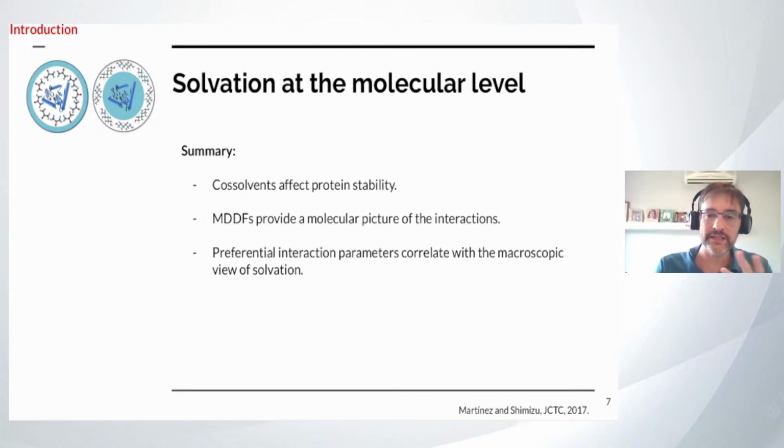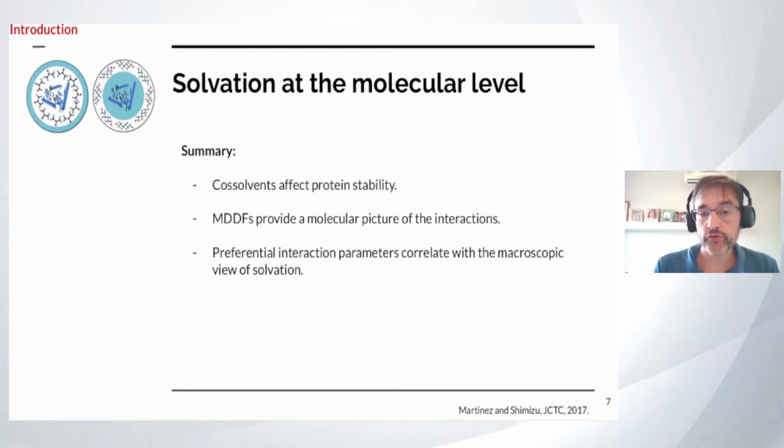is essentially independent of the structures or shapes of both the solid and solvent molecules. So even if the solvent molecules are very complex, even if the solid molecules are very complicated, we can, with the same calculation, obtain a clear picture of these interactions at a molecular level. And we can compute preferential interaction parameters, which are connected with experimental observables, and that have to be